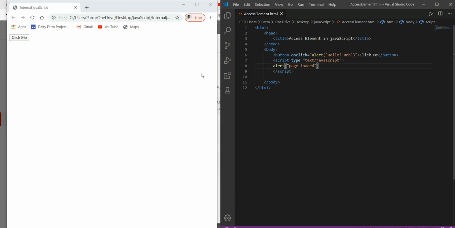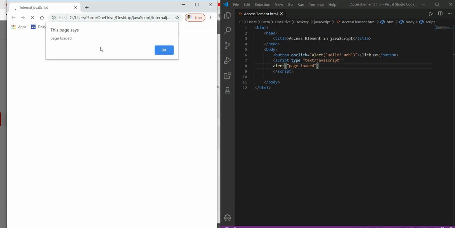So save this file. Here we go, refreshing this, we will get this dialog box over there.